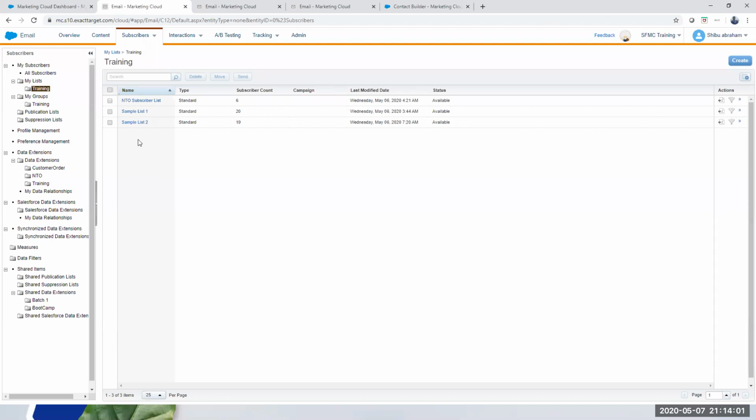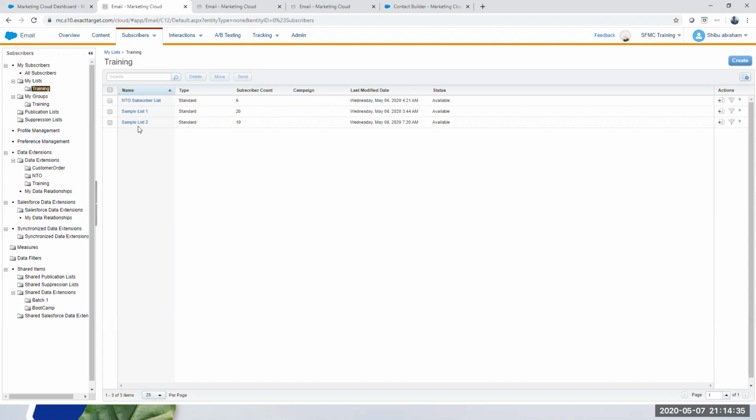Let's say your list or your data extension is quite large, with a large number of people. Rather than sending a particular email to everyone, sometimes you have a use case where you want to target specific people, maybe belonging to a particular state, based on an age group, a gender, or maybe a loyalty member. There are multiple use cases you can come across, so how do you get that data out from the larger list? That is where segmentation comes in.